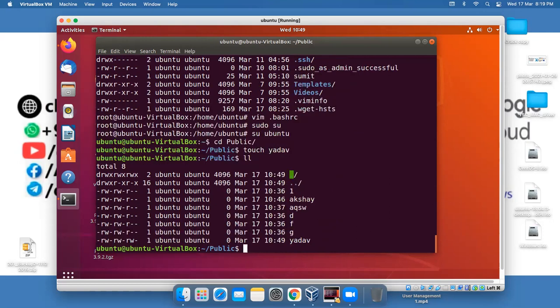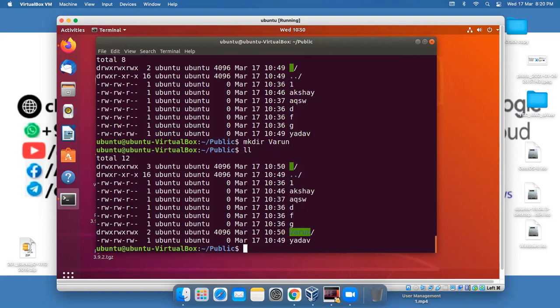Hit enter. Let's check: rw. Let's also make a folder with mkdir Varun. Hit enter, ll again. That means Varun has full permission.